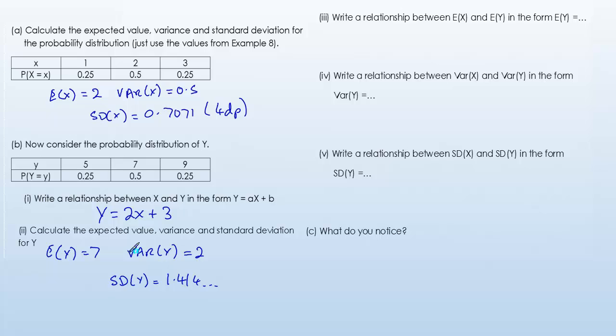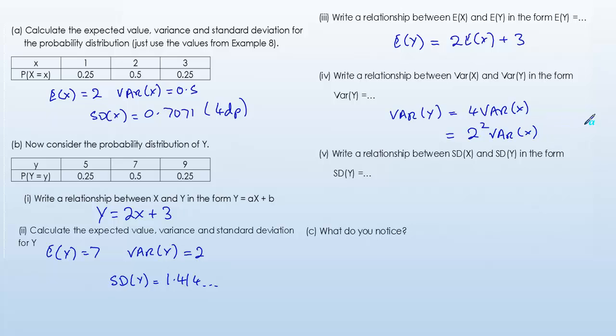So expectation of x and expectation of y. Well, it should be fairly clear that the expectation of y is twice the expectation of x plus 3. So note again the formula connecting the two variables and the formula connecting the expectations. If we look at var y, that's going to be 4 lots of var x. So once again the addition makes no difference but multiplication does, and note that that's 2 squared